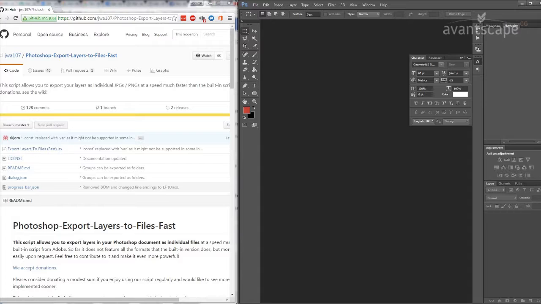So I came across another script which I downloaded from GitHub, and it's certainly got more options and it's a whole lot faster. I've tried it, and it's noticeably faster. Let's check it out, and we'll learn how to download the script and install it, and then run it to